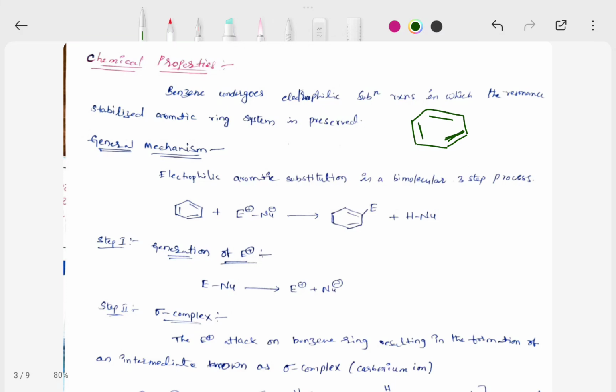General electrophilic substitution reaction. Benzene reacts with a compound. One of the hydrogens is substituted with an electrophile and forms an electrophile-substituted benzene. This reaction